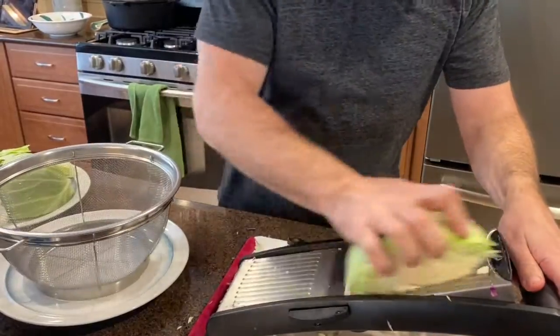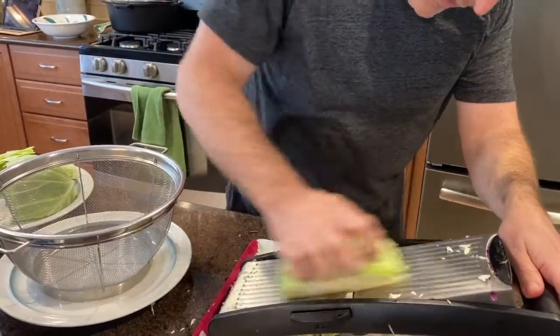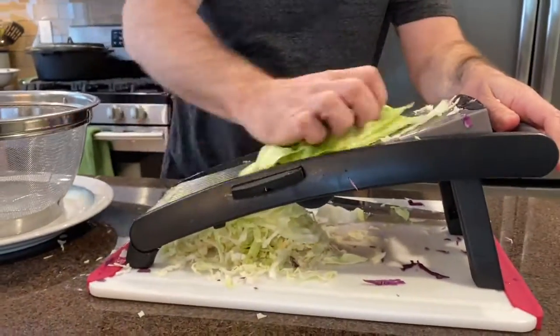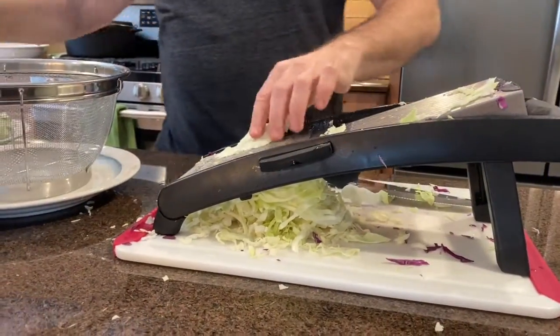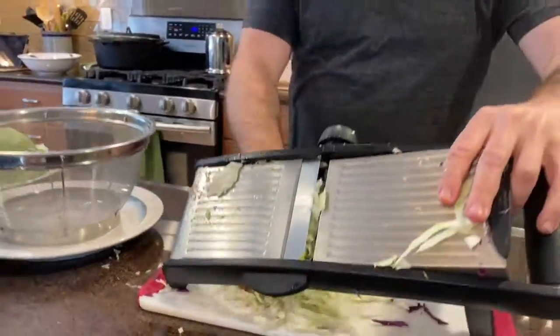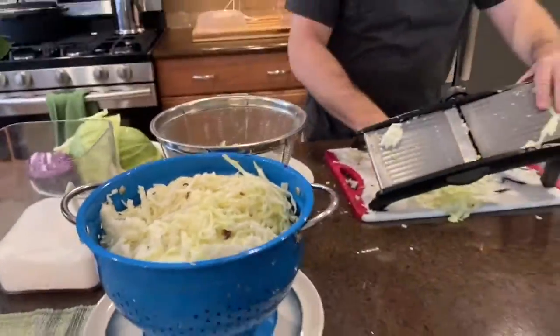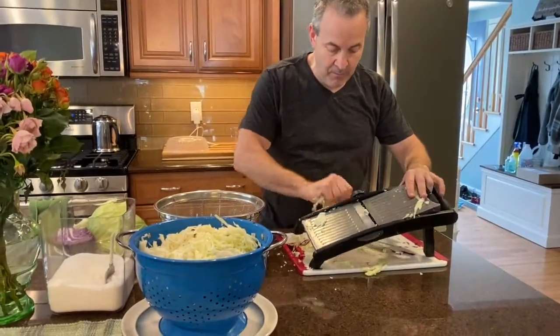Okay, so this is all we're gonna do. You shred it down on the mandolin. Watch your fingers. They do come with a guide. I'm pretty good at it, so when it gets to a certain point, I stop. And what we're gonna do is, as you can see, I already have 1 colander I filled. 2 heads of cabbage, I'll do 2 colanders, but it wilts down to nothing,